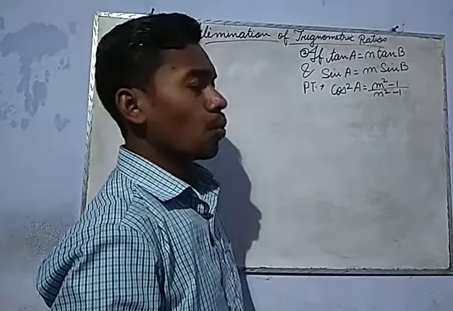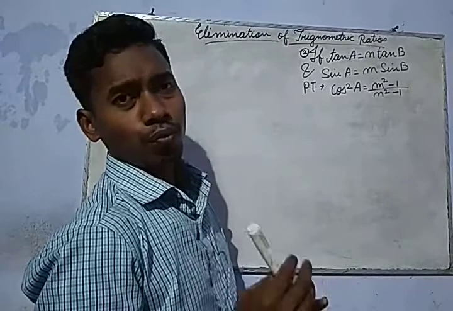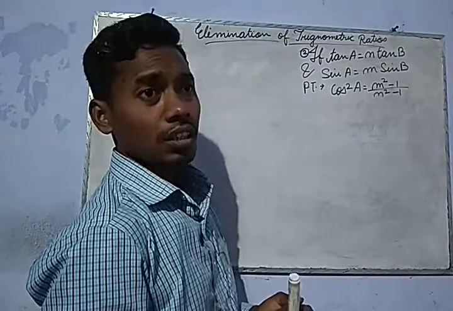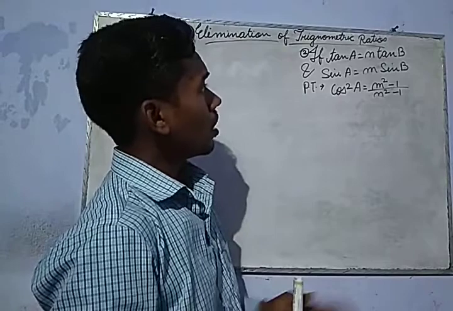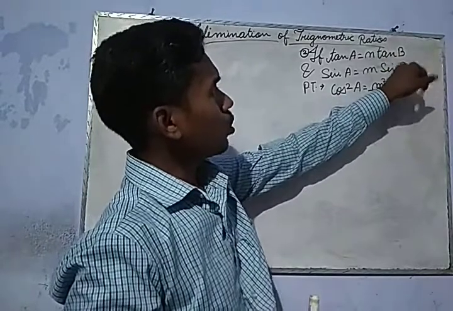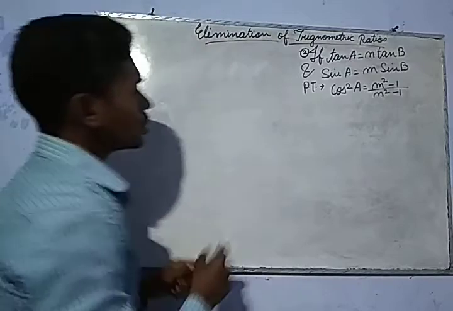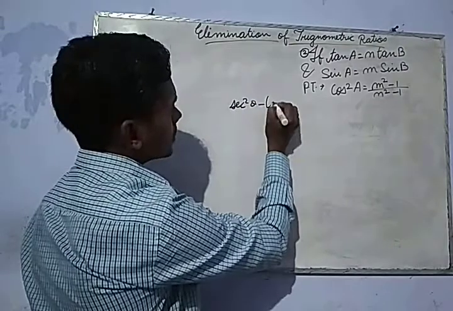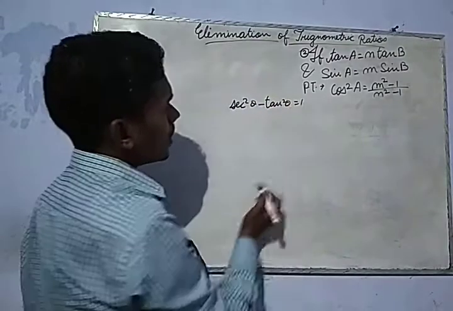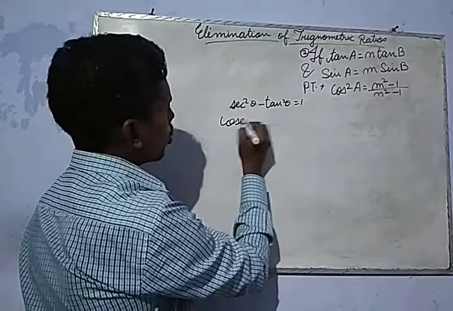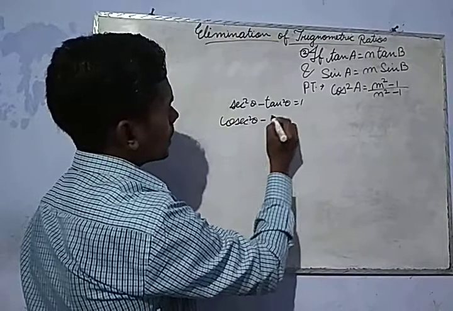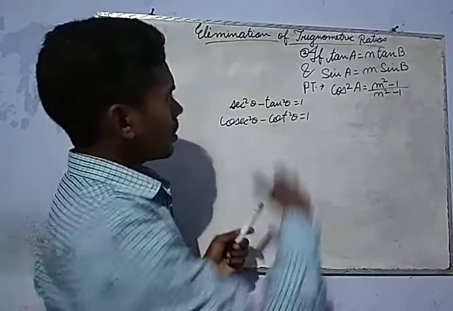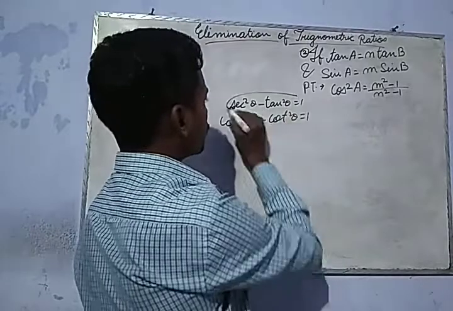So we need to find a trigonometric identity whose result is 1, that is related to tan and sine. So we have two formulas. One is sec square theta minus tan square theta equals 1, and another one is cosec square theta minus cot square theta equals 1. So if we consider this formula,